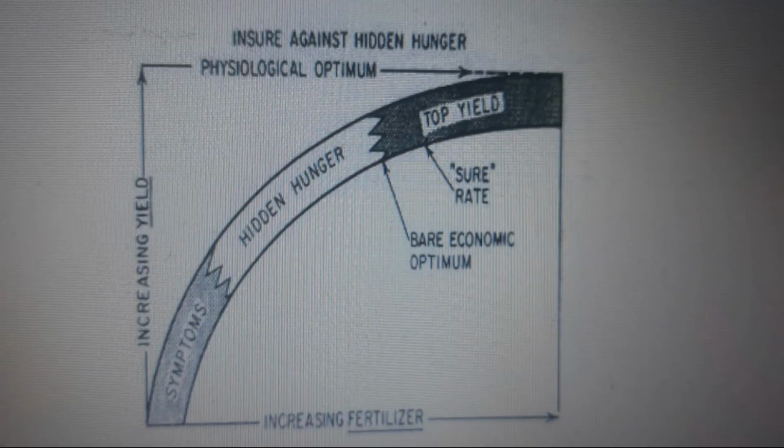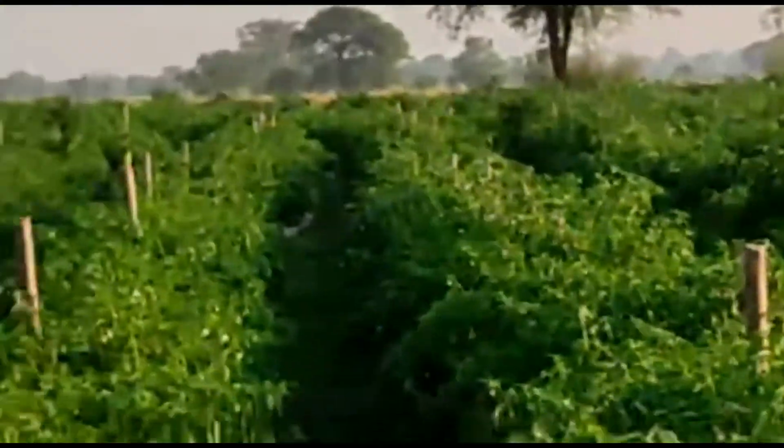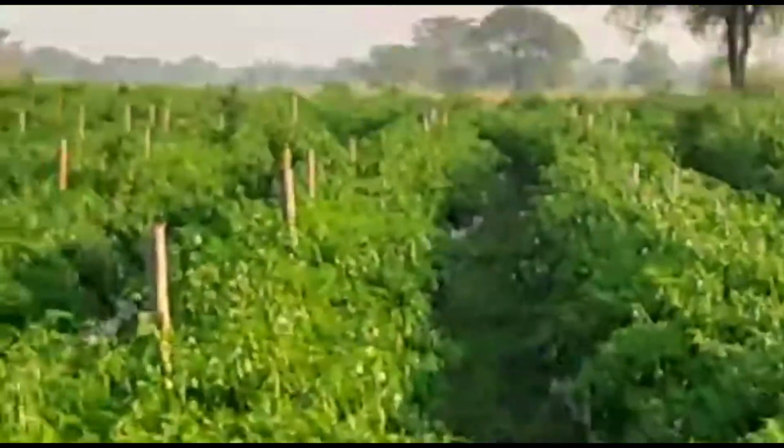One more study I did regarding these micronutrients. Generally, plants require some micronutrients, but they won't show it in their leaves. That is what we call hidden hunger. In this graph, you see hidden hunger. If there is a deficiency, it will affect the top yield. Hidden hunger refers to a situation in which a crop needs more of a given nutrient, yet has shown no deficiency symptoms. The crop doesn't show the symptom of, say, sulfur deficiency, but it will definitely impact the yield.